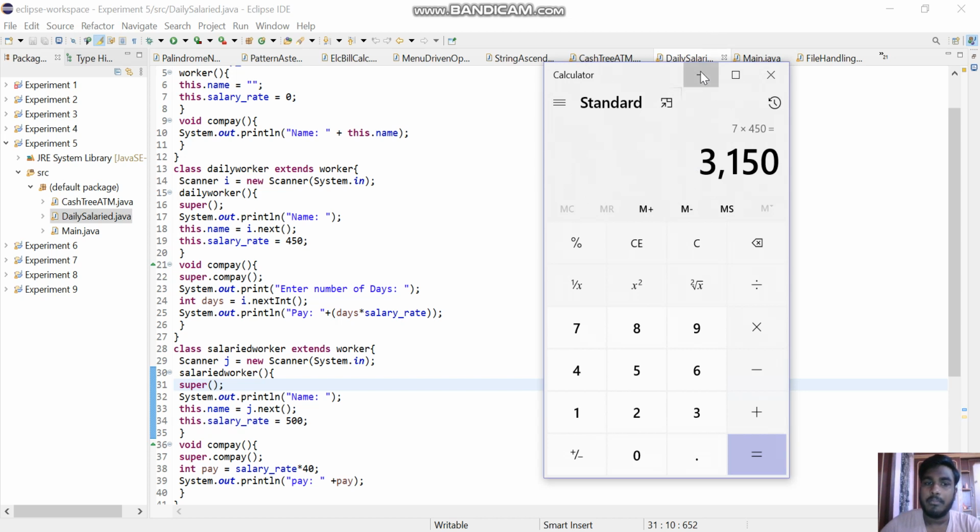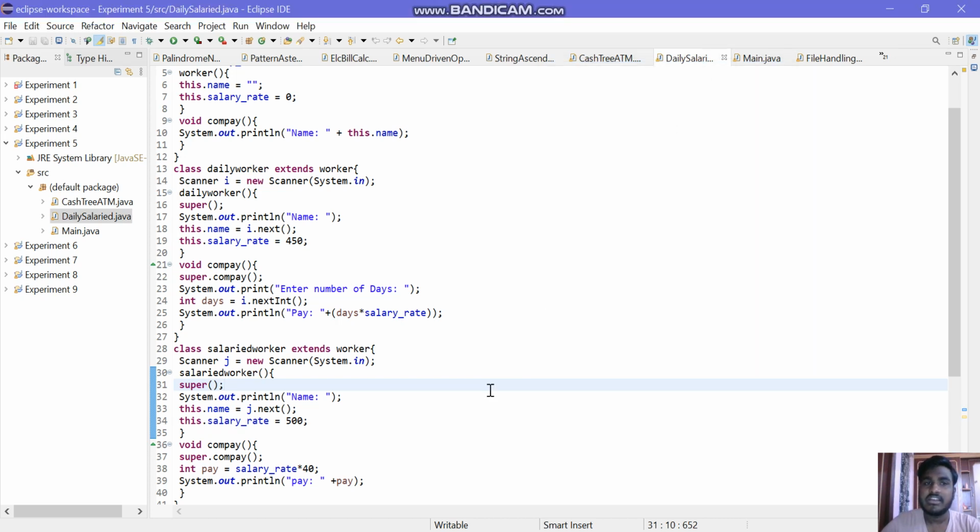Okay, now coming to salaried worker. As I said before while starting the program, a salaried worker gets an amount 40 times the given number. That is, if I give 100 into 40, it comes to 4,000. The salaried worker gets 4,000 rupees, irrespective of how many hours he works.